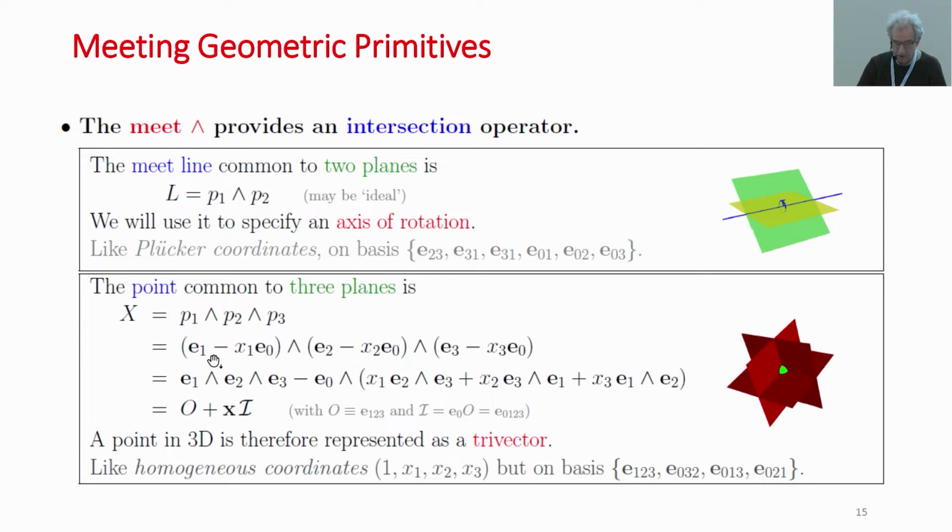And if I do this, here you see this first plane in E1 direction with x1, E2 direction with x2. You just use the wedge product to compute this, and things naturally group into something that you can then briefly write as E1, E2, E3, that's the point at the origin, that's where the three origin planes cut, plus x times something at infinity. Okay? Doesn't matter. There is apparently something with a coordinate 1 and something with the coordinate x1, x2, x3 that I need, and that is precisely what we would recognize as homogeneous coordinates, except that the basis on which this is